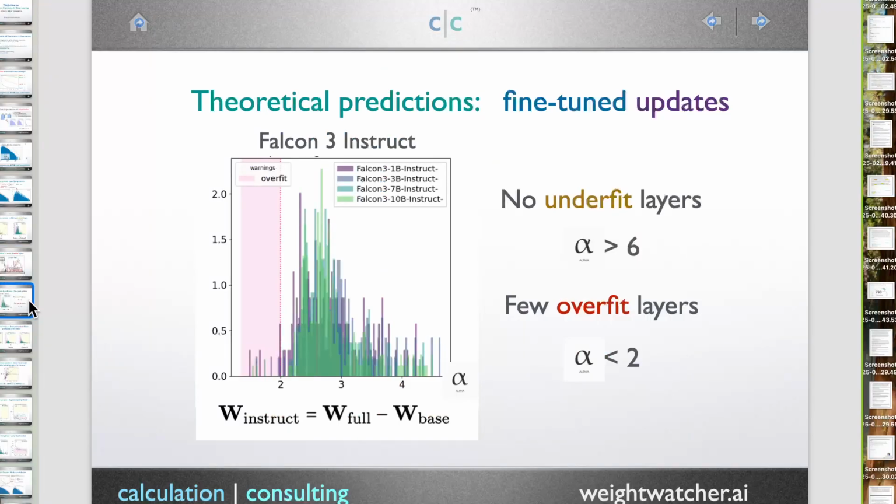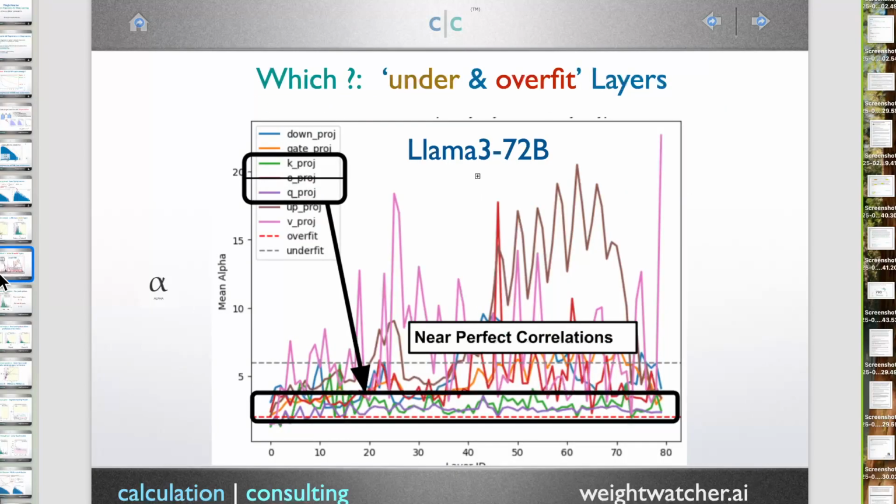Charles: So, a couple of questions. On the previous slide, higher alpha means underfitting? Yes. Okay, so what are the implications here, especially for LLMs, when you say they are underfitting? Is it more hallucination, or they're not able to read information? Actually, I'll show you. It turns out that alpha is correlated with hallucinations, but not as you would expect.